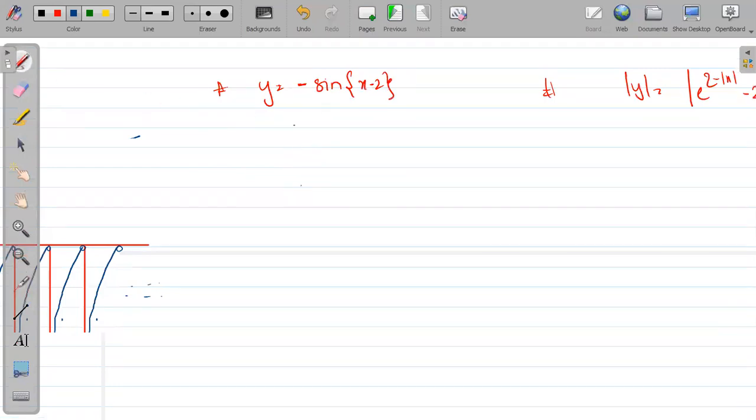It is nothing but minus of sine of bracket x. You know that there is no role of integers inside the bracket, so directly you can write this as bracket of x only. Can't you draw the graph of sine of bracket x? Y equal to sine of bracket x. Whatever you are getting from 0 to 1, it will be repeated.